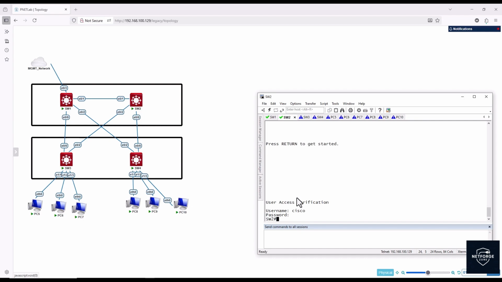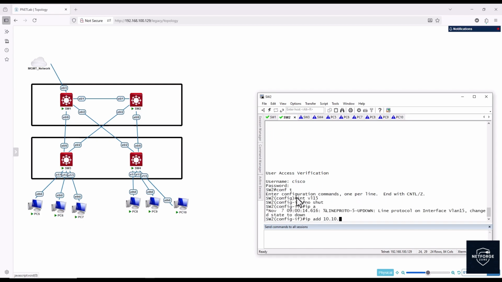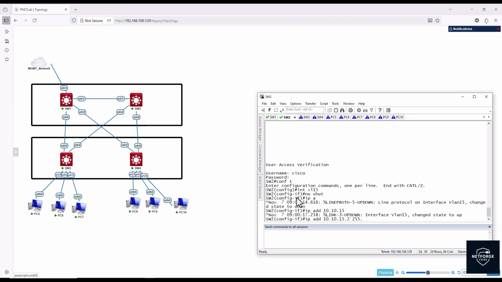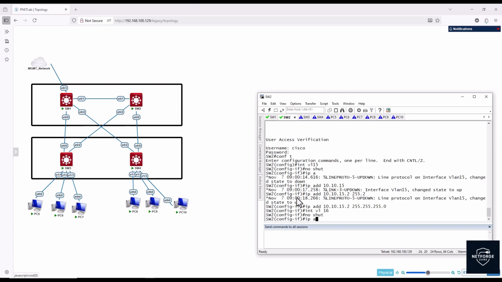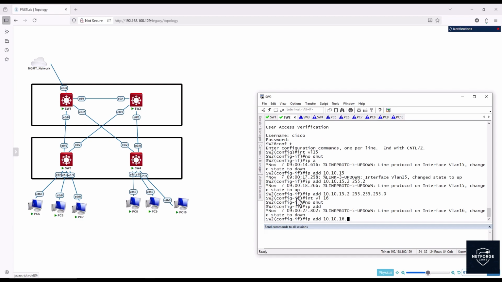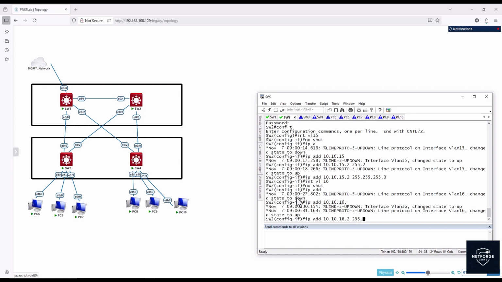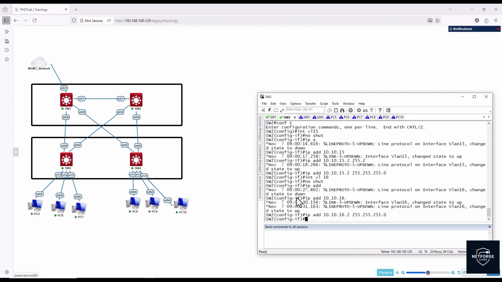Then I'm going to say configure terminal, interface VLAN 15, no shut, IP address is going to be 10.10.15.2, 255.255.255.0, and then interface VLAN 16, no shut, IP address is going to be 10.10.16.2 and 255.255.255.0. Later I will tell you why I created this on both of these switches, and I told you that